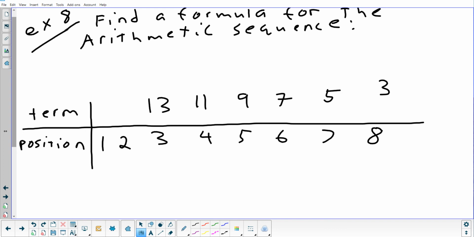You're subtracting 2. So this would be, let's try it, 11, 9, 7, 5. Now work your way backwards. What's the second term? 15. And the first term? 17. There you go. Now you know the first term is 17. You know your common difference is how much? Negative 2. 13 minus 15 is -2. Plug those into your formula and then you've got it. Any questions on how you find the formula?